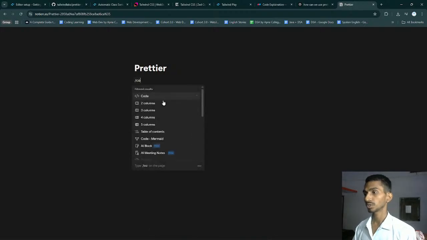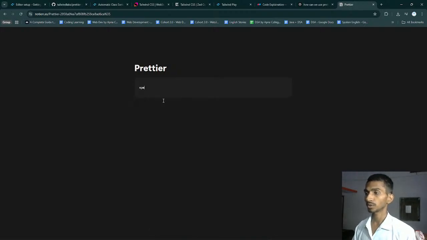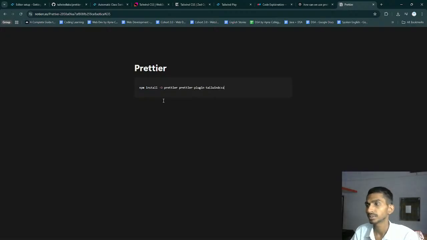So in /code, first of all you have to install, so npm install prettier, and prettier plugin, well, you can find it online too, Tailwind CSS. Second thing is that once this is actually done, you can actually check npx